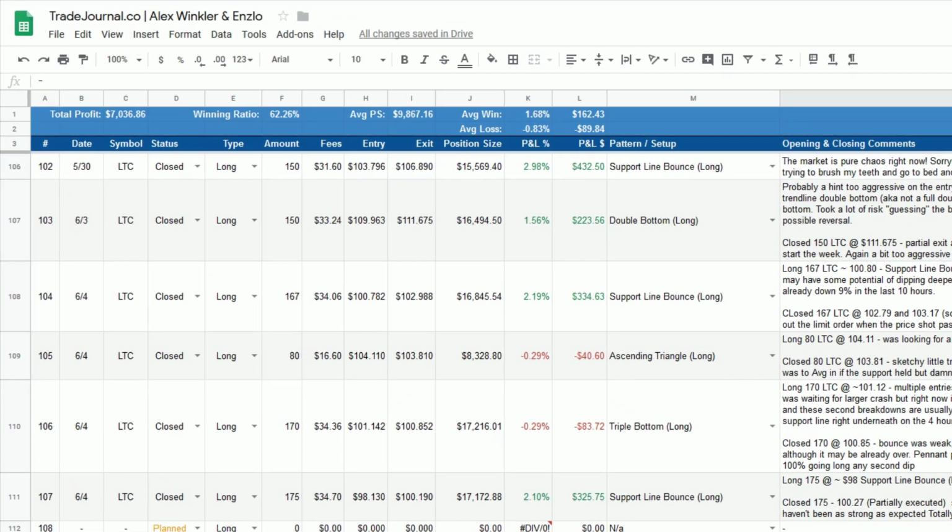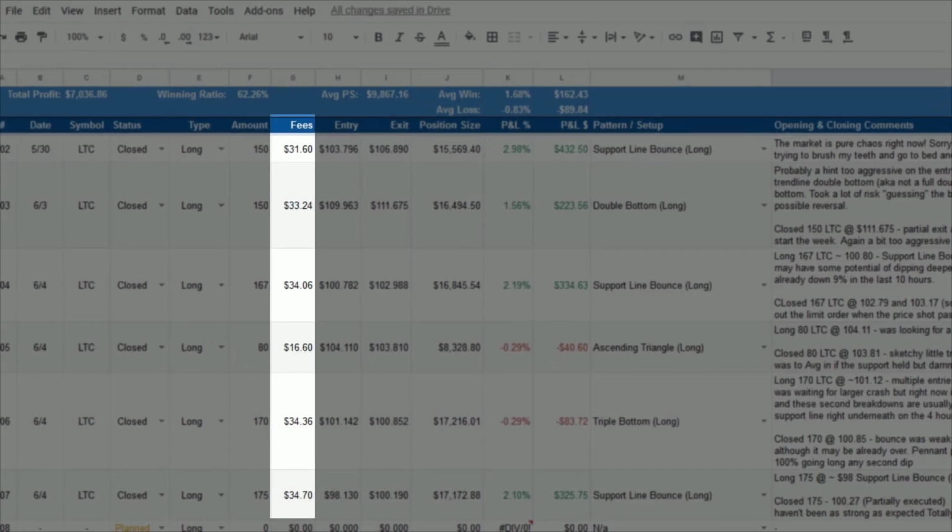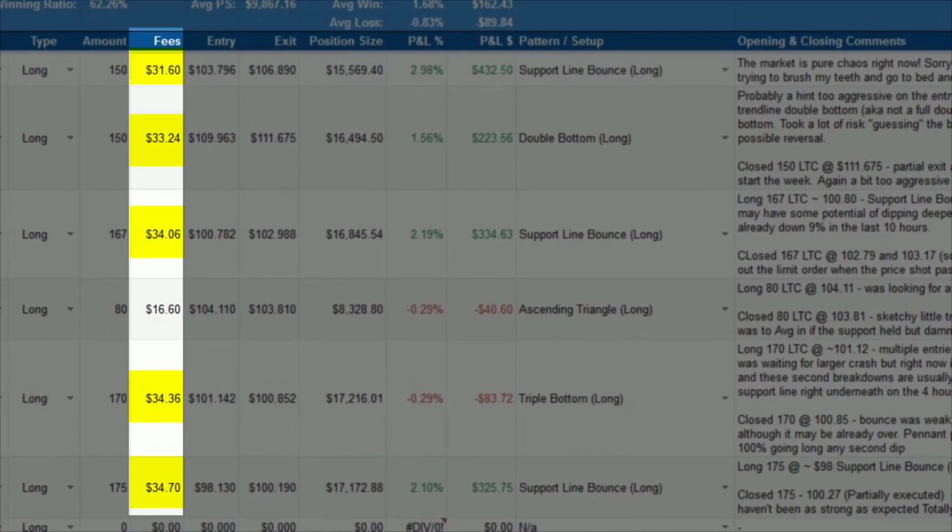So these are some of the trades that I recently made, and you can see that yesterday, the 4th, was a fairly busy day. I made 4 trades, but I want you guys to focus your attention on these fees. When I have a full entry of usually over $15,000, I'm paying over $30 per trade. That means if I just get out of that trade at the same price I bought in, I'm down probably